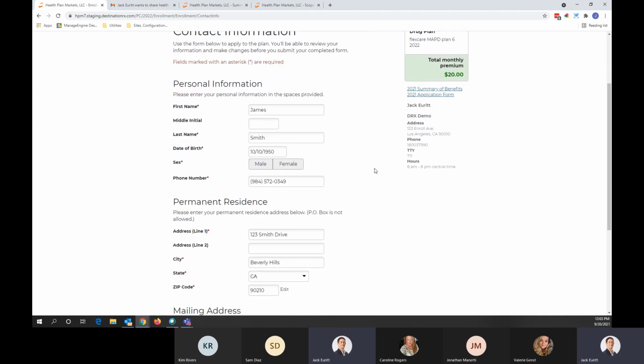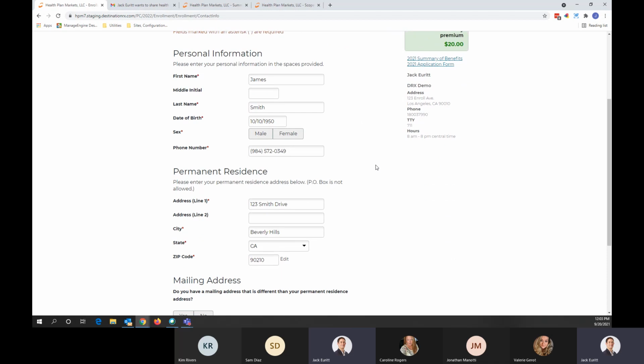And now, as we move down onto this form, as you can see, a majority of this information has pre-populated from the profile, saving us time where we're not re-asking information we've already collected. If we were to try to move on to the next page of the enrollment form and have not entered a required field, it will not allow us to move forward, so making sure we do have all of that correct information,